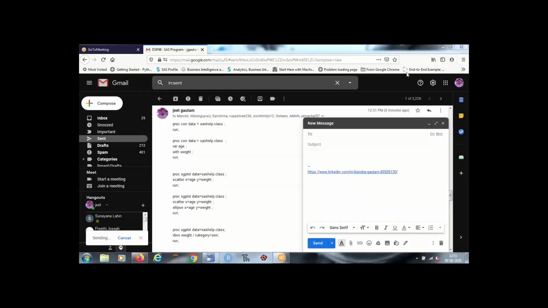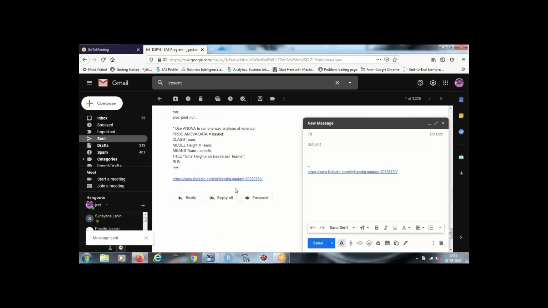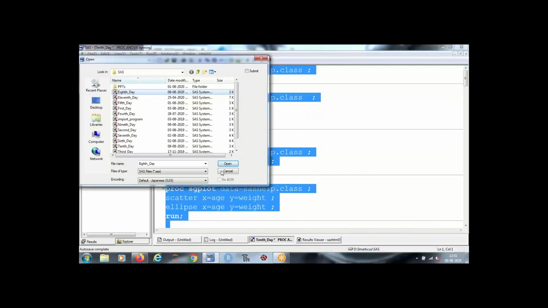So I have not covered one procedure which is proc report from this data. Let me show you that. Okay. That is an old procedure. We have proc tabulate, which solves everything for us.